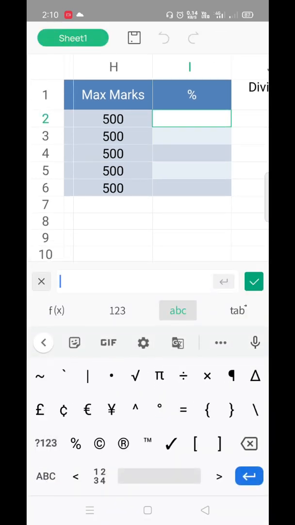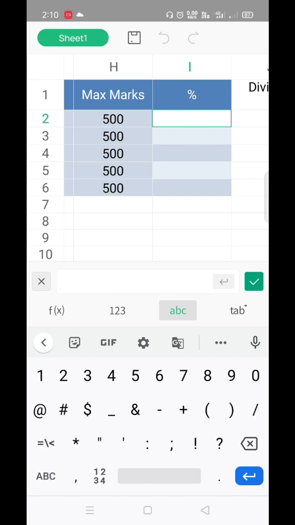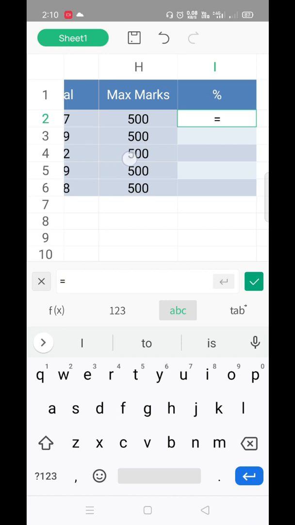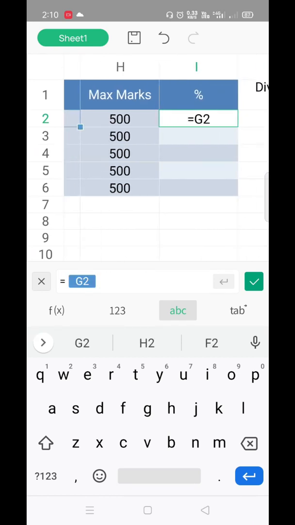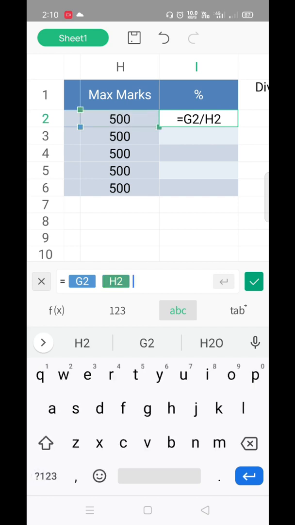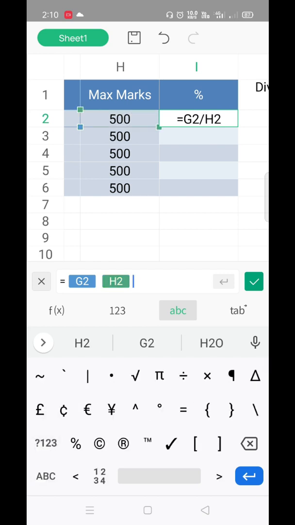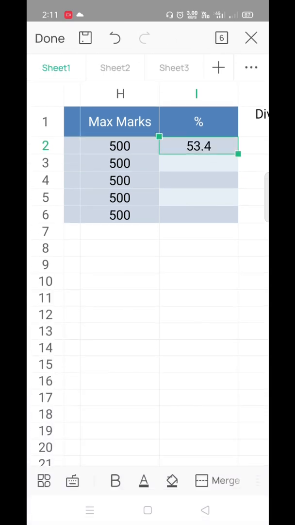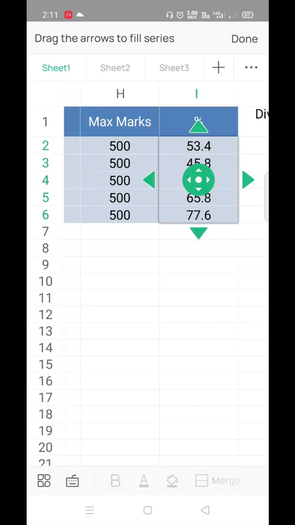The formula is equal to, for percentage, we have to tap on total, then divide by maximum marks, then we have to type the percentage sign here, or we can also include asterisk 100, that is into 100. So get the finalized percentage by tapping on the green button and drag it down.